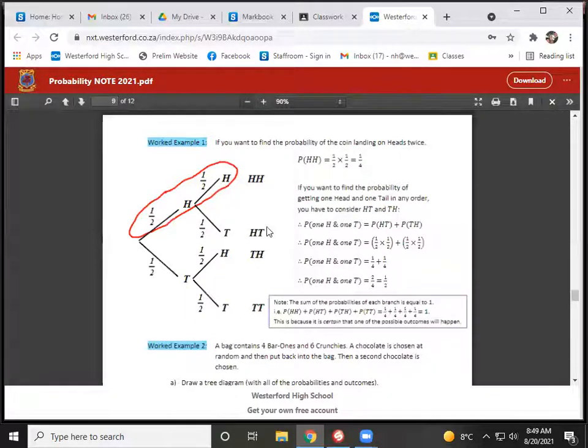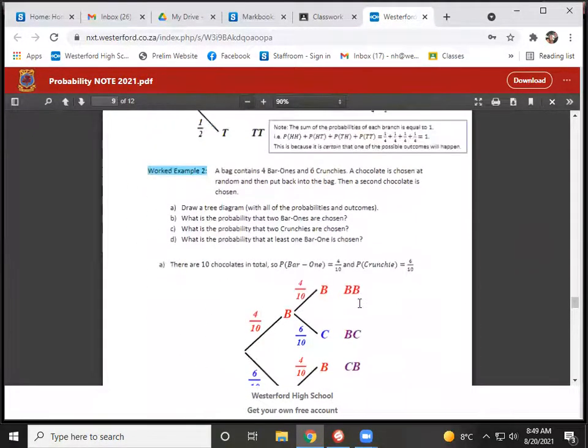And if it's multiple outcomes in your tree diagram, you have to find the probability of each of them and then add them together. Right? Does that ring a bell? So that's why they're saying here the probability of one heads and one tails would be these two probabilities added together. Probabilities of heads, tails, and then tails, heads added together. And then to calculate each of them separately, you're going to say a half times a half, that's the first one, plus a half times a half, that's the second one. And then they just did that calculation.